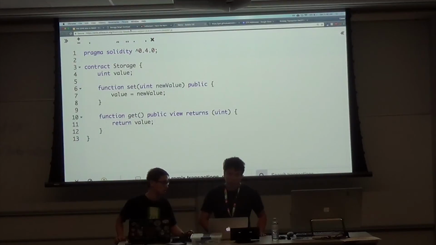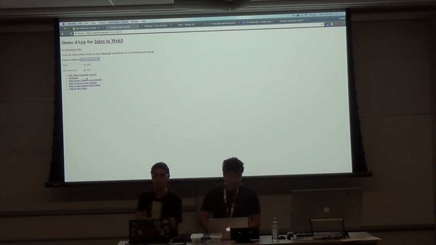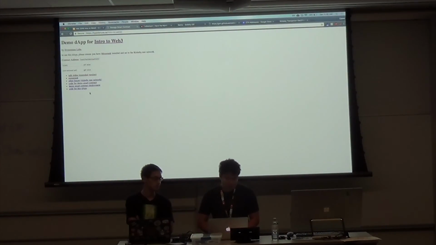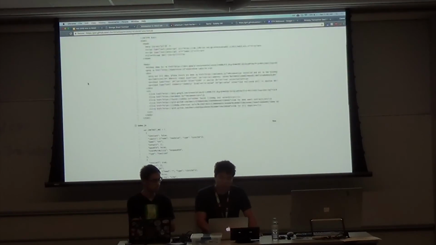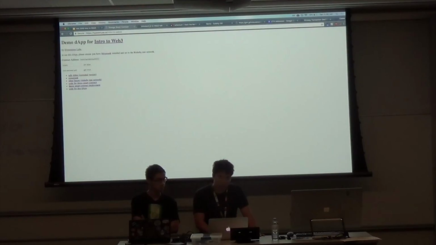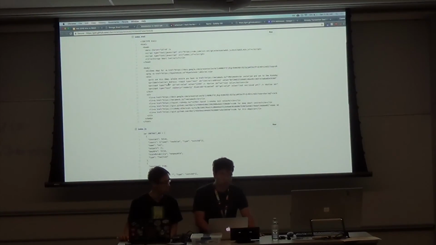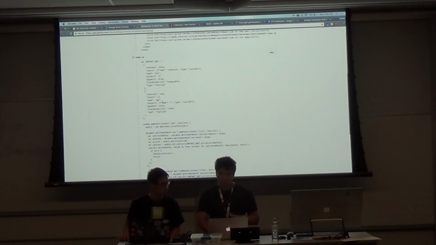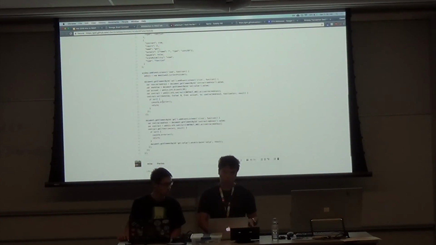Okay. So we wrote a very simple dApp here. Very simple as in it doesn't do much. Here's the source code. It's a link at the bottom of this page that we posted in the Slack. As I said, it doesn't do a lot, but it's an HTML page, nothing special about it, and some JavaScript that runs on the page.